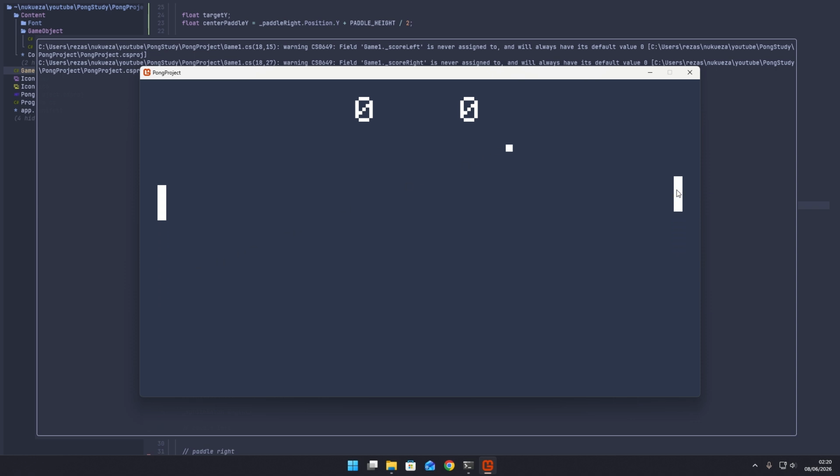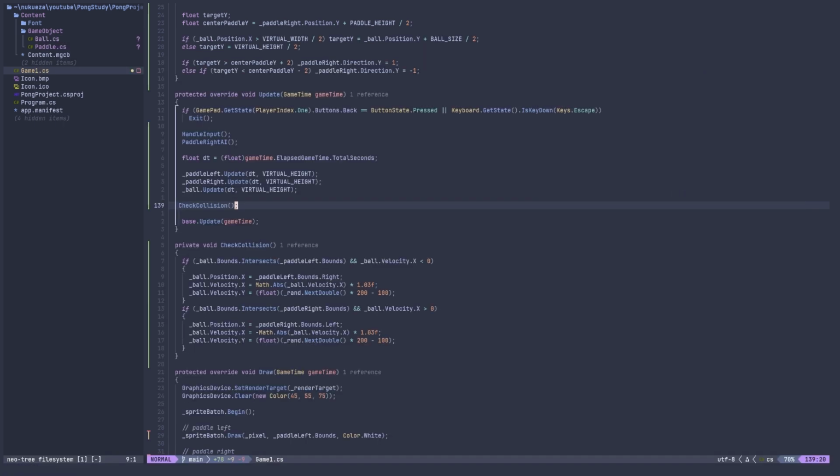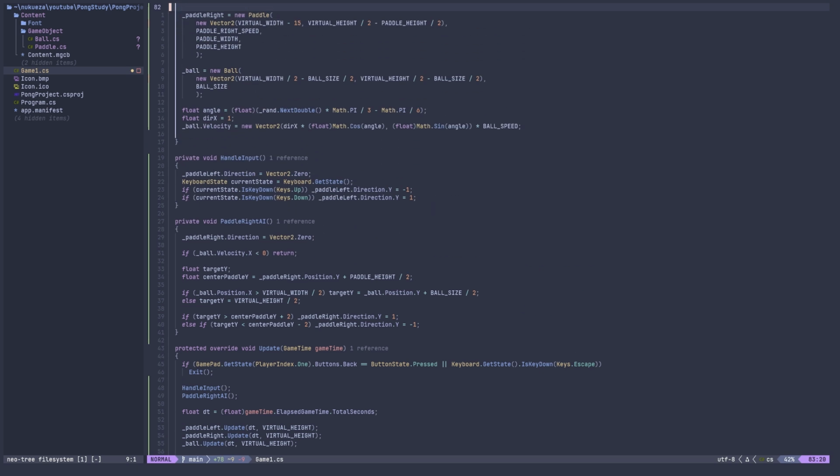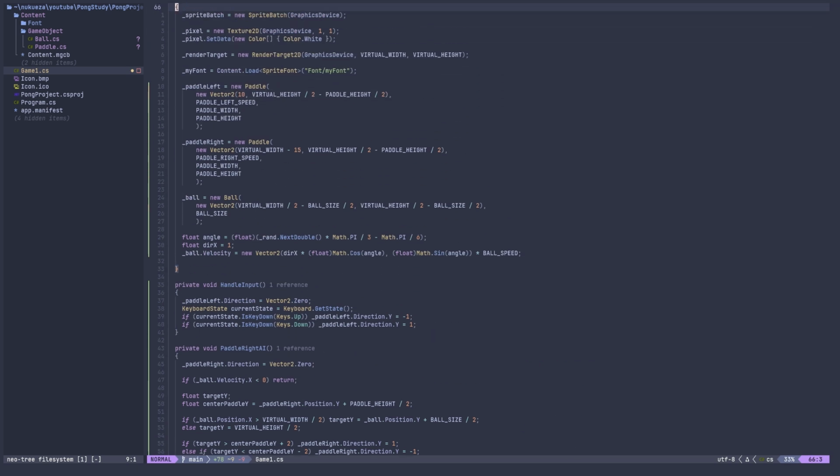Now this is a Pong game, everyone. Our Pong game works well, but the ball is not really smooth when it moves. We can do something about it by targeting our